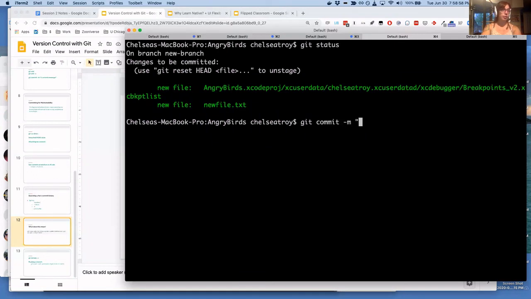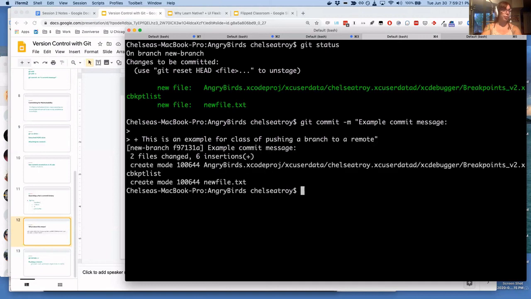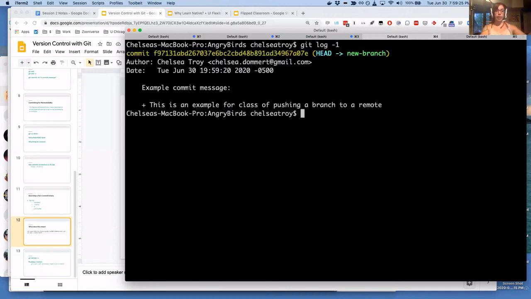We'll use example commit message. And then I'll explain this is an example for class of pushing a branch to a remote. So now I have my commit. When I do git log -1, I can see my commit. That explains why this commit is there. And so now,